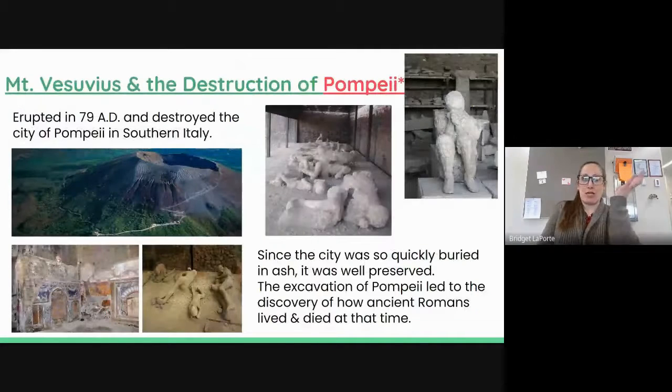And then my favorite volcano story, which is the eruption of Mount Vesuvius in Italy in 79 AD, destroyed Pompeii, the city of Herculaneum, etc. So here you're looking at a picture of Mount Vesuvius, and the other pictures are showing you some images. Pompeii was excavated fairly recently in terms of the full excavation. They just actually did another excavation of Pompeii. We'll be talking more about that in our activities, but you can see because